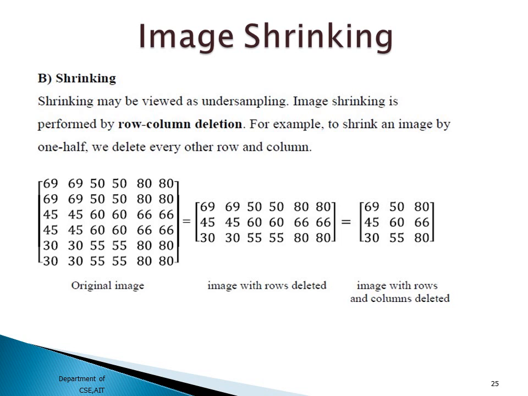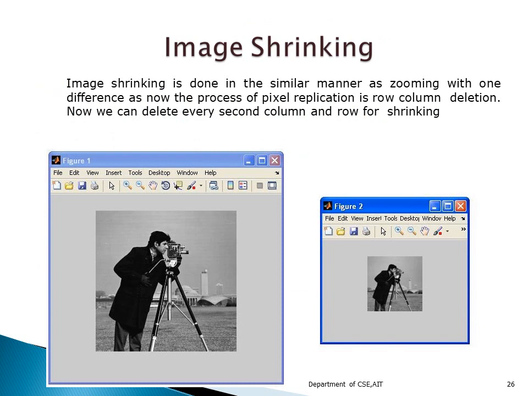So the same method we are going to make use of. When I remove these, the intermediate pixels that were computed will be removed, and then I am going to get the final value. Image shrinking is done opposite of how we go for zooming. So intermediate rows and columns are deleted, and then I get the effect. Here you can see a particular picture which has been shrunk, scaled in the negative direction. That means we are making it smaller. So this is an example of image shrinking.